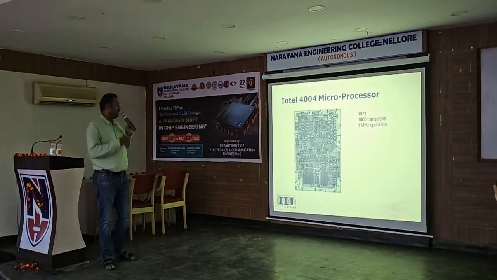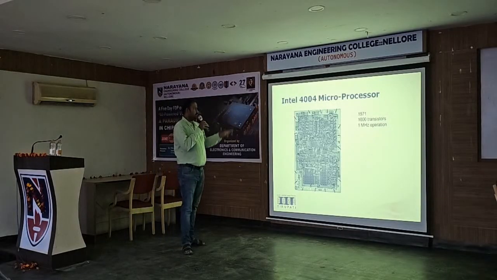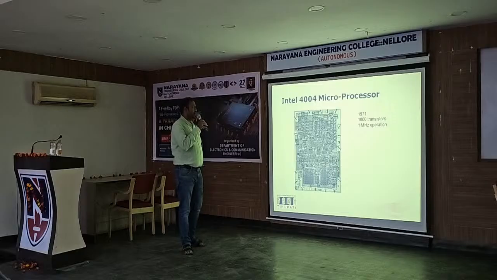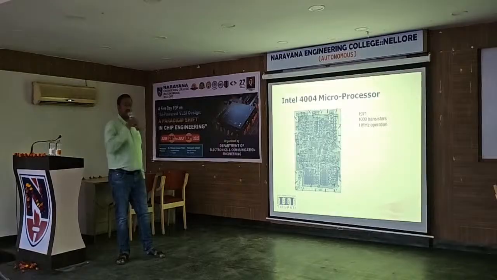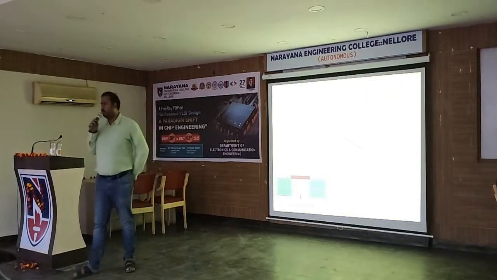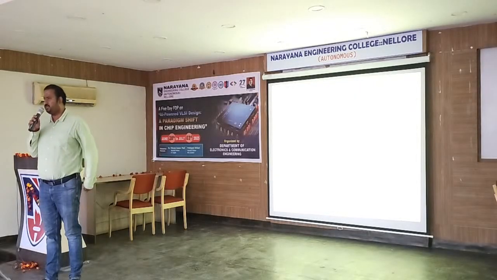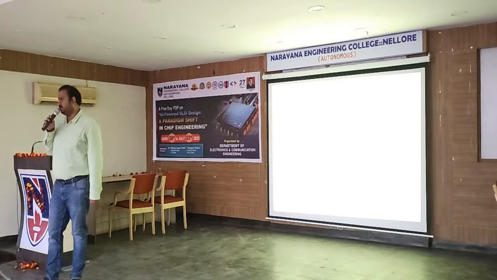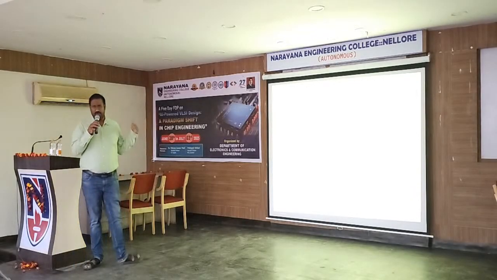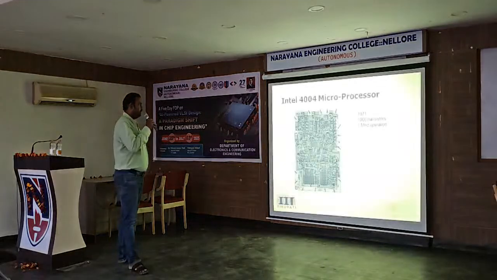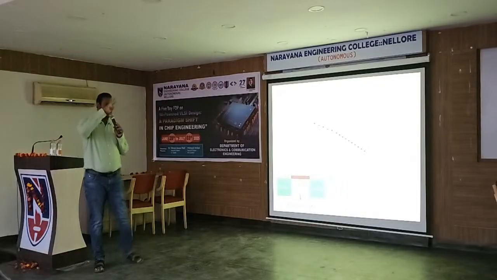And this is how the first integrated circuit based Intel microprocessor from 1971 looks, and it contains 1000 transistors. And the operating frequency is 1 MHz. And do you know what is the current operating frequency of our computers? 2 to 3 GHz. We didn't achieve much in the top frequency, but we have achieved more in the volumes. That is up to that point.